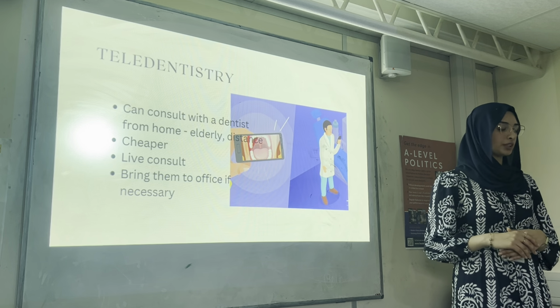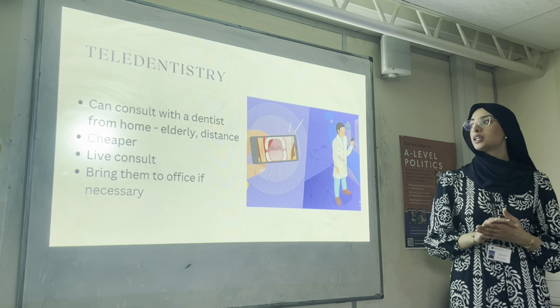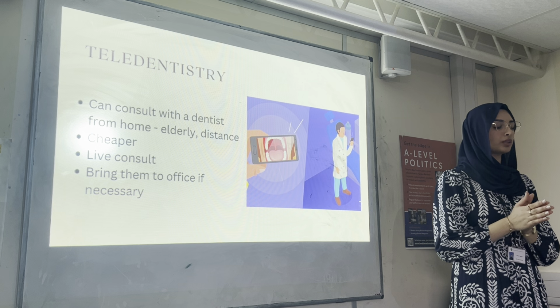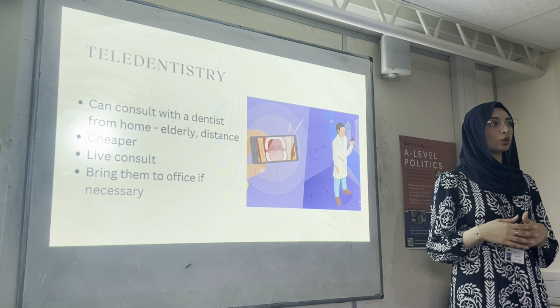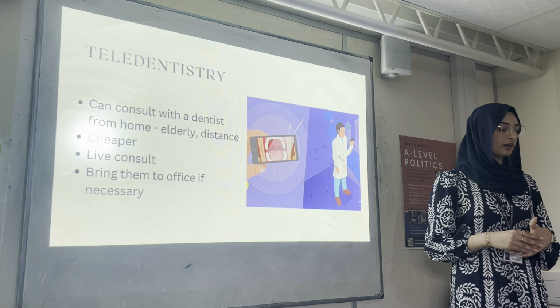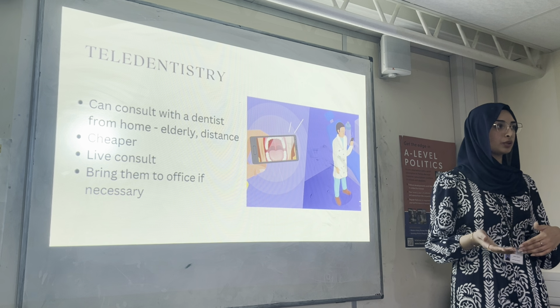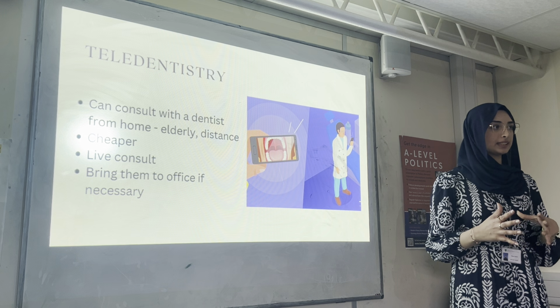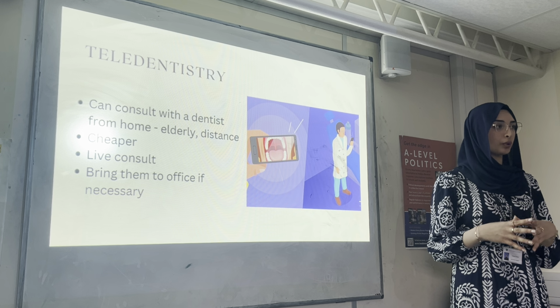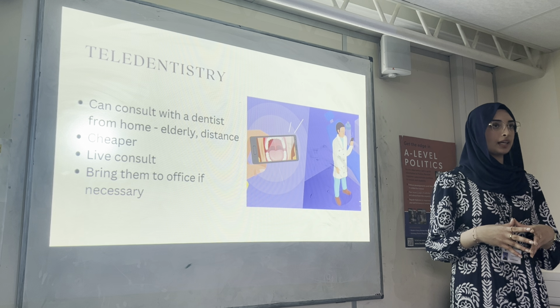on. Next is teledentistry, which is sort of like a live call with your dentist. So this is usually used for the elderly, or maybe parents with young children, or if you're far away from a dental surgery, and if you don't have access to these things, you can always call a dentist, book an appointment with the dentist, call them, and